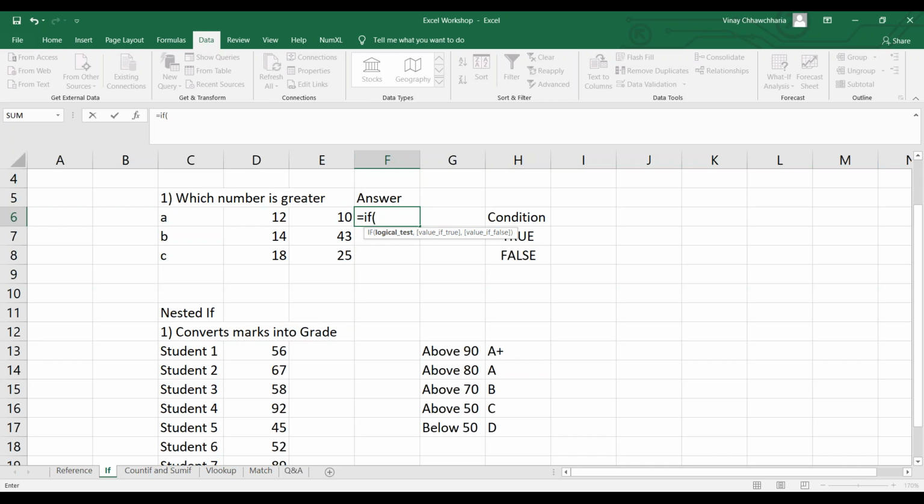Now, what is my logical test here, which I say condition? Now I have to see which number is greater, right? So I am writing a very simple thing. I am able to see numbers, so I can write